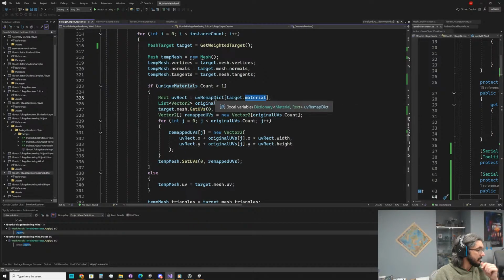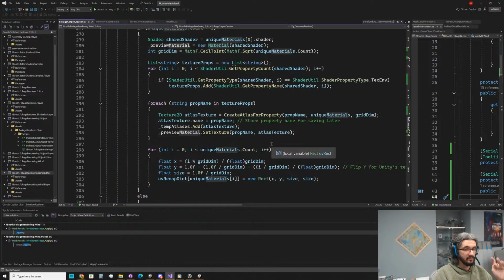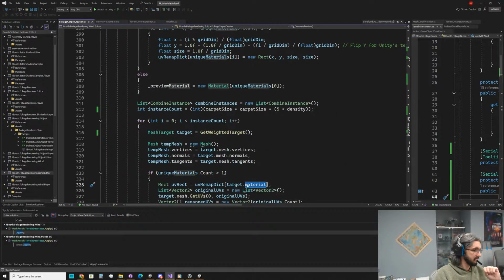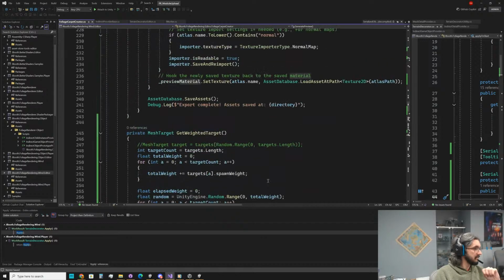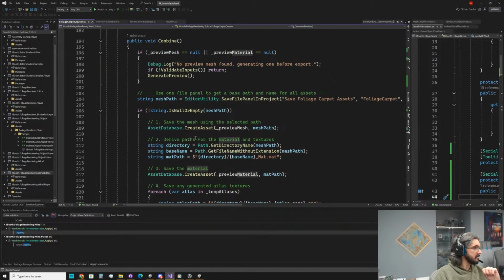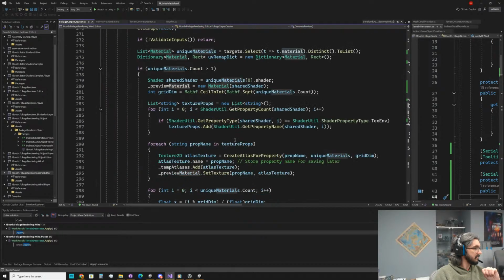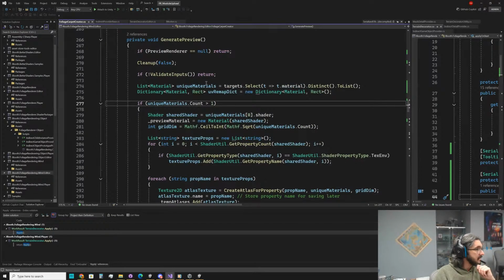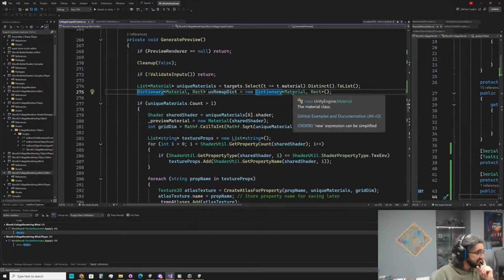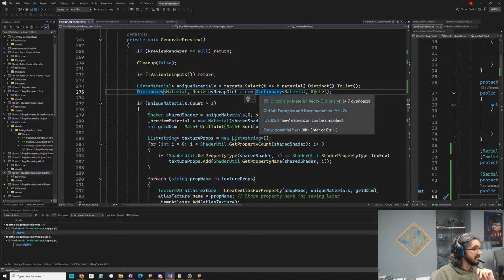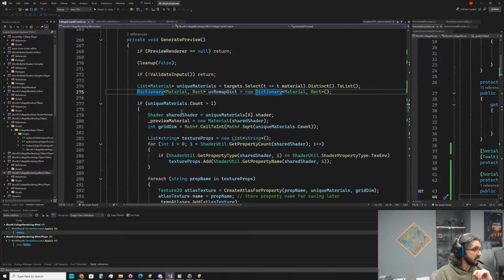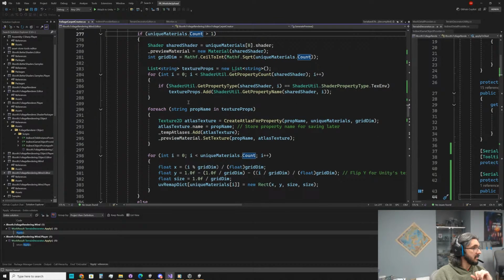Okay, so we get out of the dictionary what our UV remap is for the target material. Should this be by material? Yes, it should, because that's just the output. So we make a list of all the distinct materials. We make a dictionary that maps the materials to their new rect. Very good. If it's greater than 1,